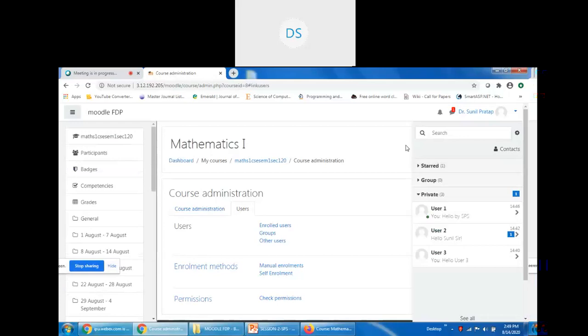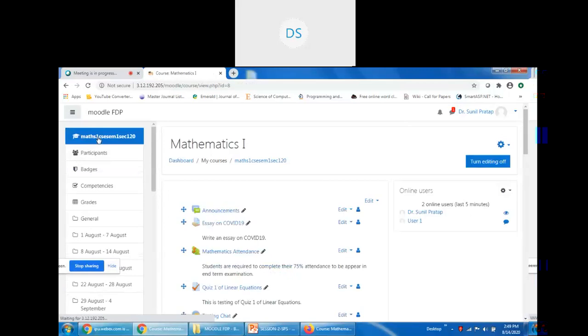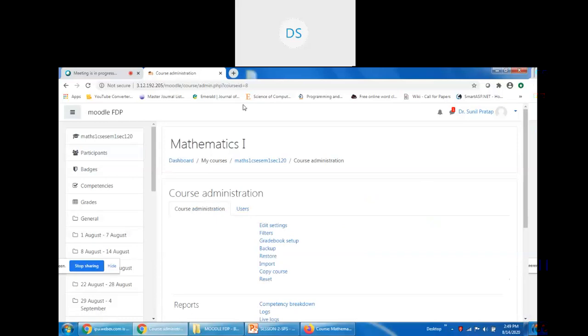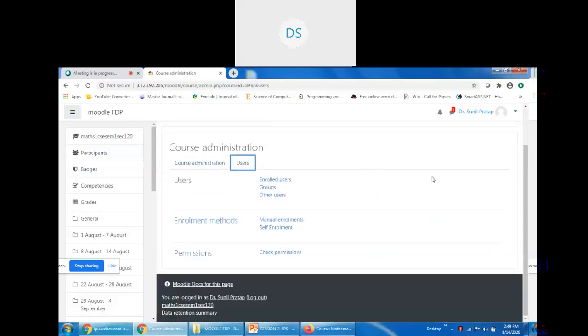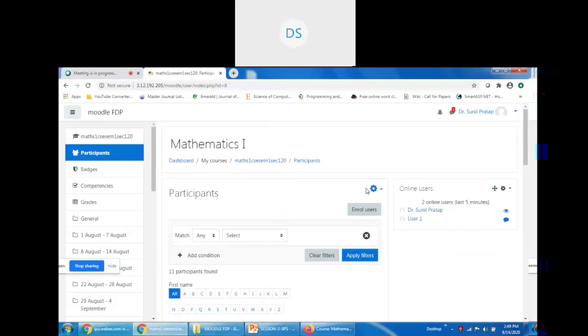Okay, you are on the home page, right? Now click on this widget, more, and then go to the user section, and you will see here the enrolled users in this Maths 1 CSE Sem 5 course.